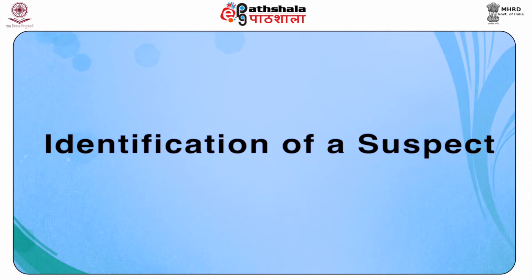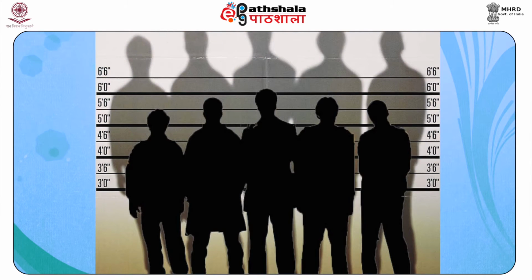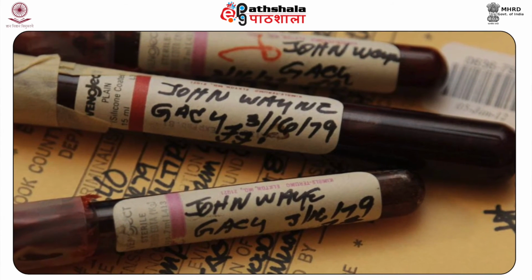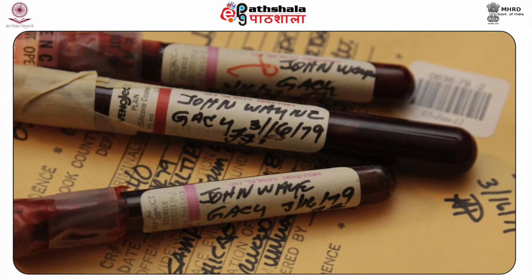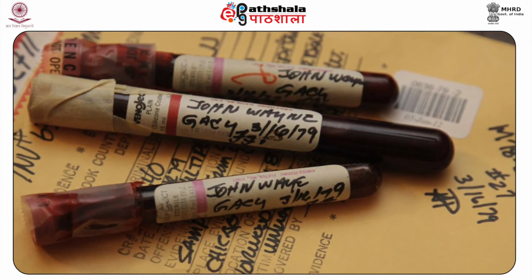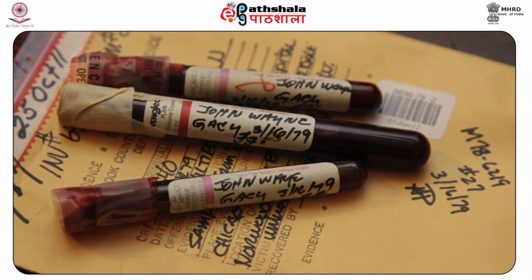Next is identification of a suspect. Two best evidences for identifying a suspect conclusively are fingerprint and DNA. A fingerprint found at the scene and later identified as belonging to a particular person results in an unequivocal identification of that person. Similarly, any bodily material left at the crime scene can be used to extract and analyze DNA, helping in the identification of a person conclusively.